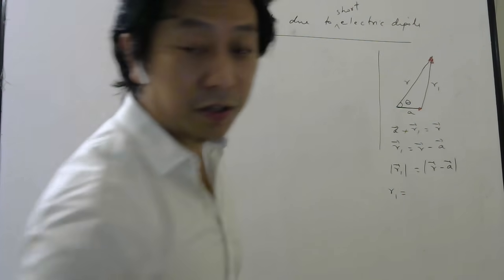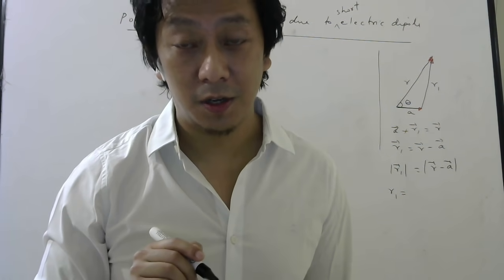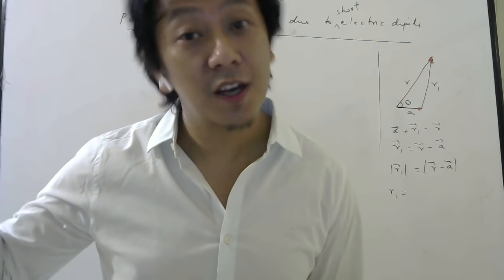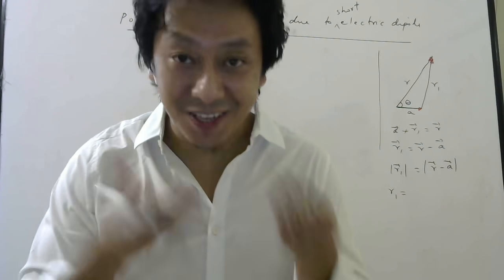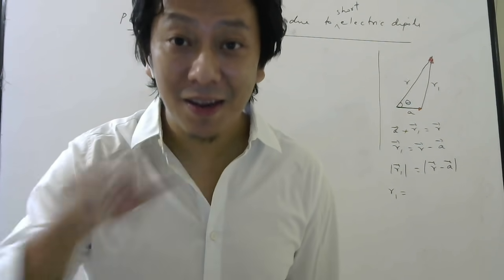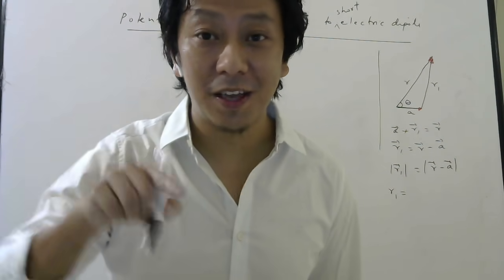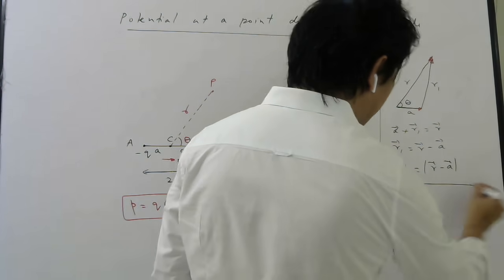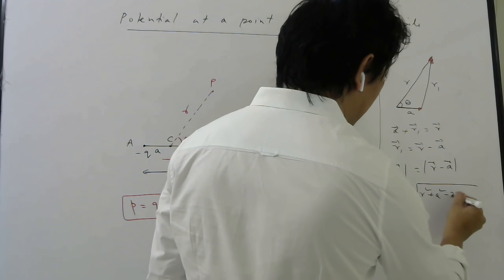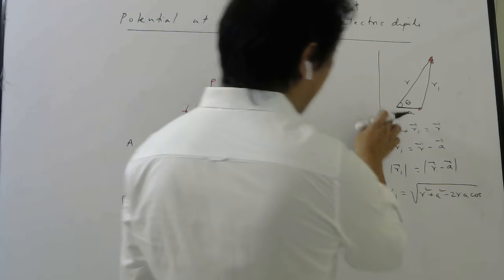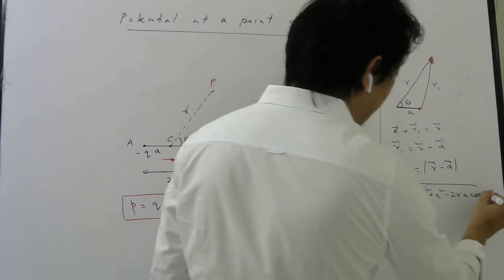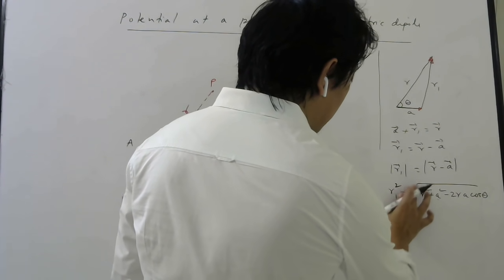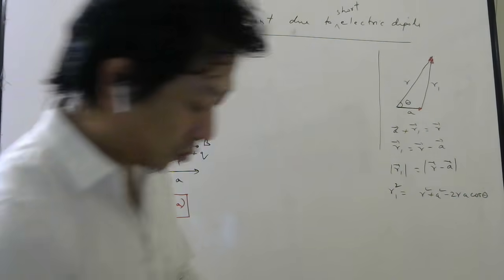How to write modulus of A bar plus B bar? From first PU chapter you have to remember, modulus of A bar plus B bar is root over A square plus B square plus 2AB cos theta, because A bar plus B bar means the resultant vector. But here I want A bar minus B bar. So the formula is root over A square plus B square minus 2AB cos theta. So this will be root over R square plus A square minus 2RA cos of the angle between R and A, which is theta. If I square both the sides, this will be R1 square, so this root I can remove. This is something you should know, students.